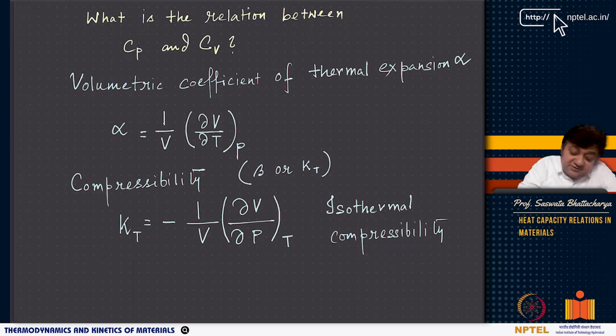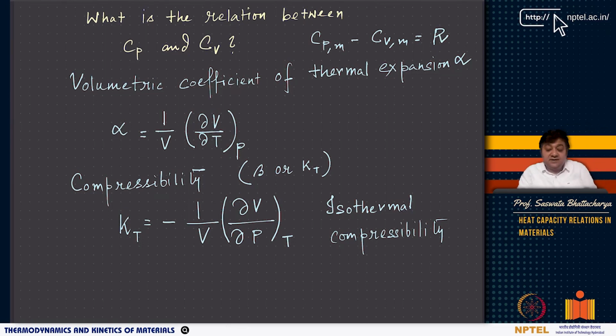Now you know the relation between Cp and Cv for an ideal gas, that Cp,m minus Cv,m equals R. But what about all substances? Now see, we will now define more measurable quantities. We already know the measurable quantities T, P, and then Cp and Cv you can obtain using calorimetry. I will discuss some principles of calorimetry maybe later, but you have a standard sample, and based on the standard sample, when you look at how much heat is transferred, you can calculate Cp or Cv, right?